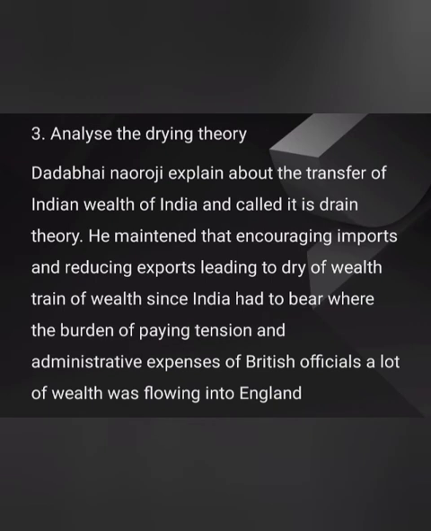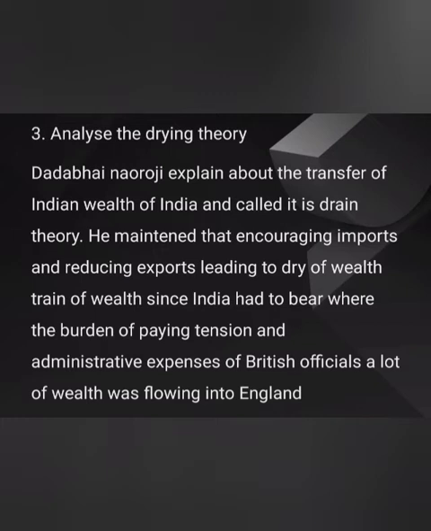Analyze the drain theory. Dadabhai Naoroji explained about the transfer of the wealth of India and called it the drain theory. He maintained that encouraging imports and reducing exports was leading to a drain of wealth. Since India had to bear the burden of paying pension and administrative expenses of British officials, a lot of wealth